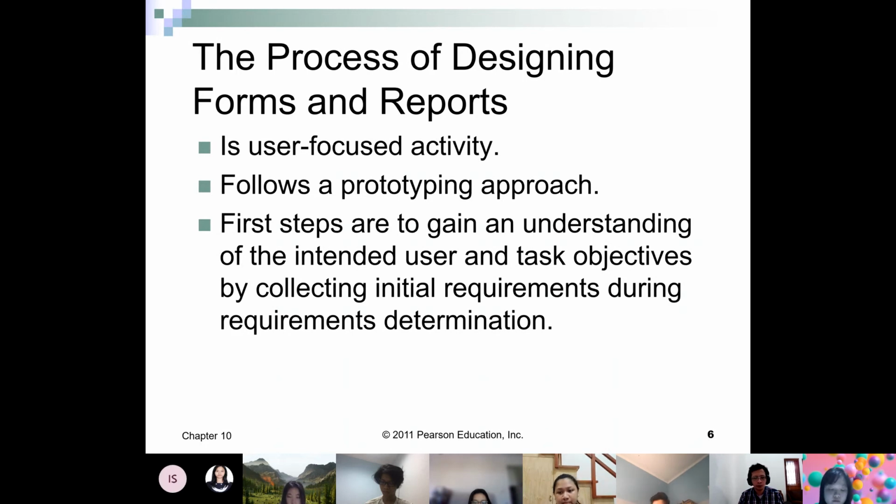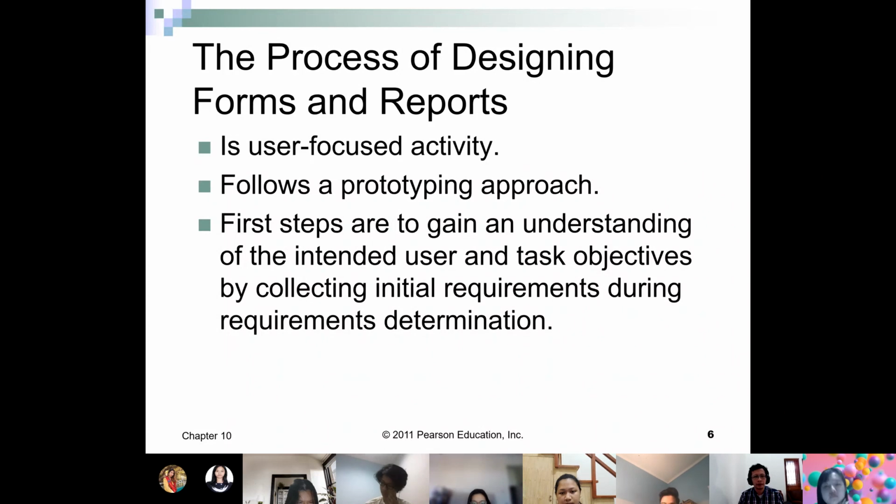We should create forms and reports that allow users to do their jobs flawlessly, smoothly, without any disturbance, and also make their work more efficient.